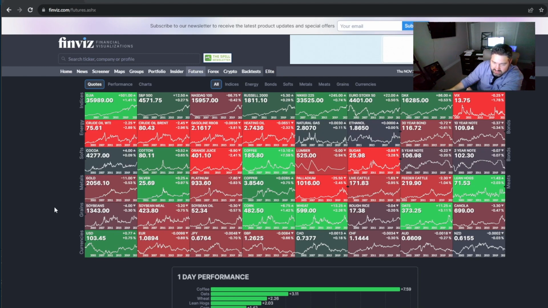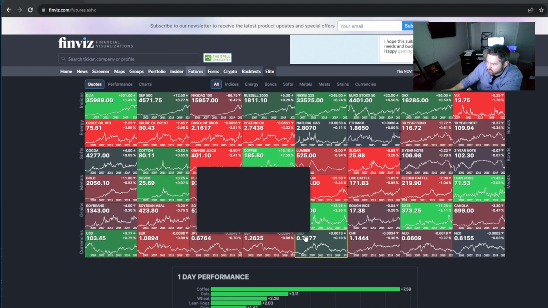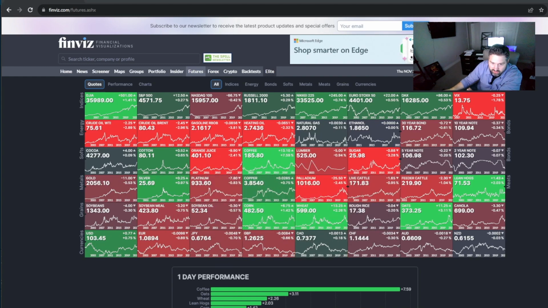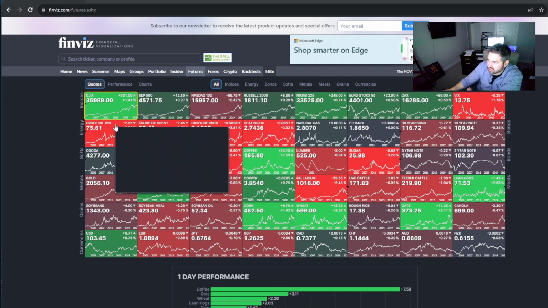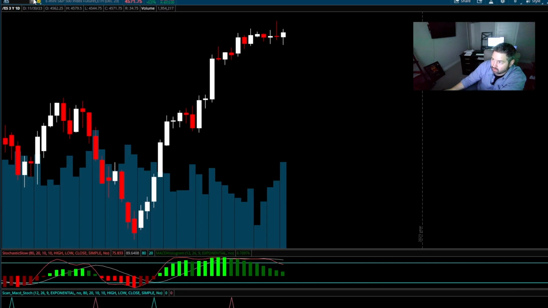There are futures contracts on just about everything, even currencies: the US dollar, the euro, the Japanese yen, the British pound, and so on and so forth down the list. There are just a ton of different futures contracts out there. Each of them has their own scale, their own margin requirements, and what it is that we're magnifying on an investment level. So let's go through that here real quick.